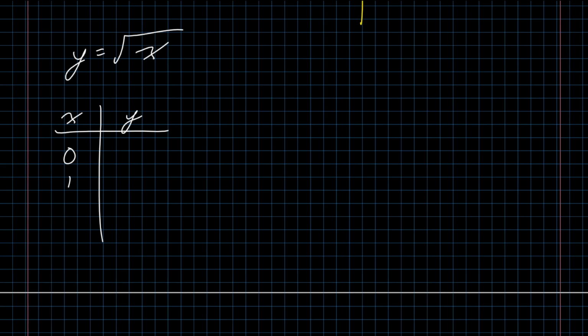And if I'm thinking very carefully about things, I don't have to pick 1, 2, 3. I can pick some numbers that are very convenient. I know I have to take the square roots of all of these numbers. I might as well take numbers that have nice square roots. The square root of 0 is 0, the square root of 1 is 1, the square root of 4 is 2, and the square root of 9 is 3. When I sketch this graph,